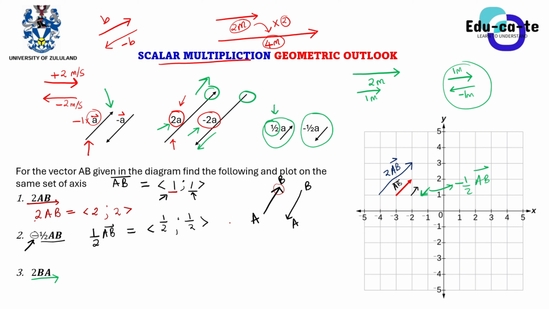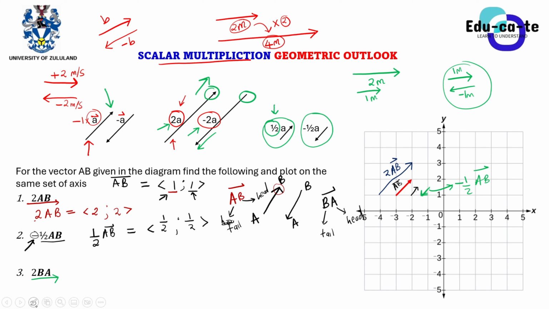So when we write vector AB, we are trying to say that A is the tail of the vector, B is the head of the vector. Now, if we say vector BA in this way, we are trying to say now B is now the tail, and then A is now the head. So you can see that the notable difference here is that the head becomes the tail, and the tail becomes the head. So basically, that's what's happening when you are changing the direction.